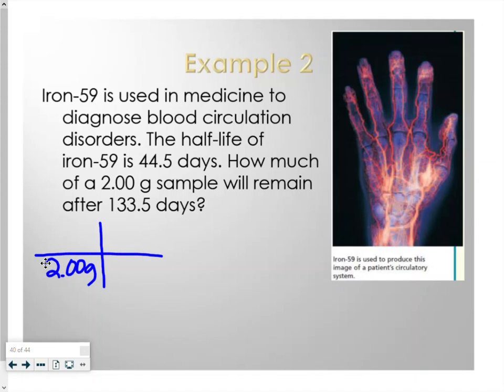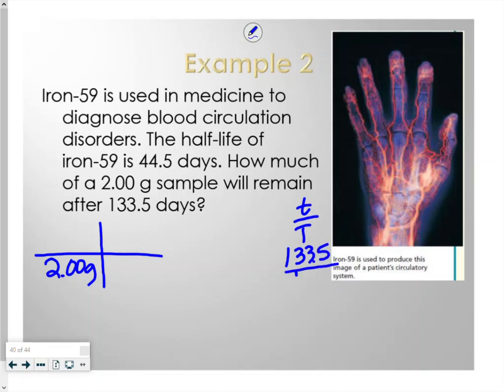Besides the 2 grams, what did they tell me? The half-life, and the days that they're looking for, the total or elapsed time of the whole thing. Yes, the total time. What can I figure out from knowing the total time and the half-life time? Divide. I can divide and figure out the number of half-lives. So you're going to take your total elapsed time divided by the half-life, which is